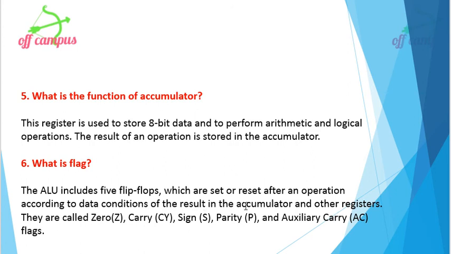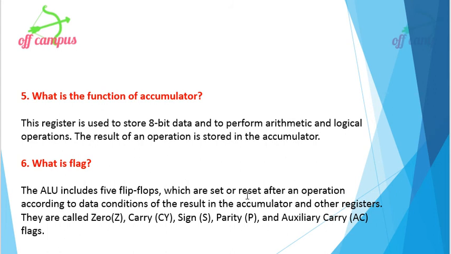If the result of the operation is 0, the zero flag is set. If the result has a carry, the carry flag is set. If it is a negative number, the sign flag is set. Likewise, according to the data condition of the result in the accumulator and other registers, the flags are set